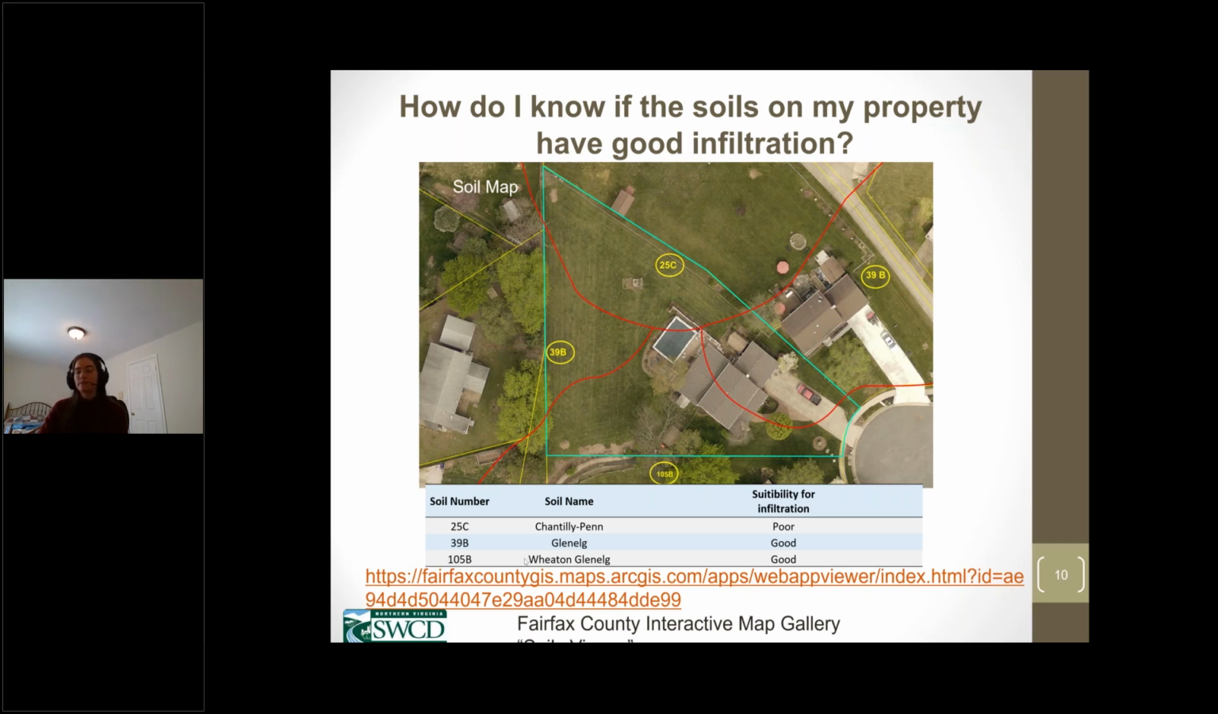The soils number corresponds with a name, and there's a characteristic under the soils viewer called suitability for infiltration. So we can see here we've got two different types of soils that potentially have a good suitability for infiltration, and we've got this one over here that is labeled as having a poor suitability for infiltration. Again, this is a broad brushstroke, a first step. This is not an end-all be-all determination for your yard if a rain garden is suitable or not. The next steps that we're going to talk about